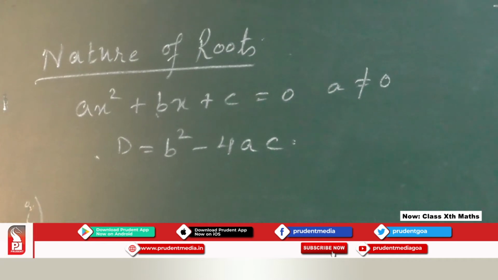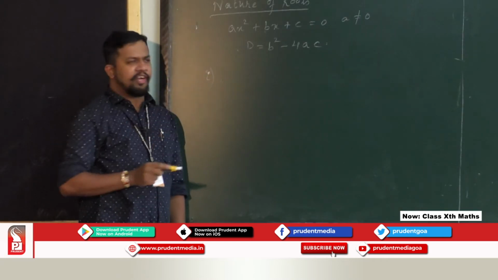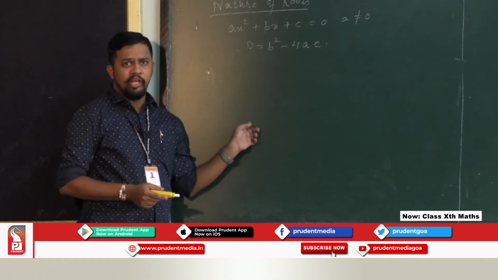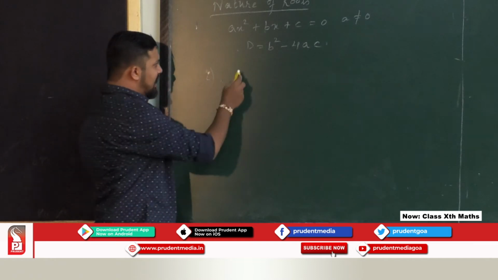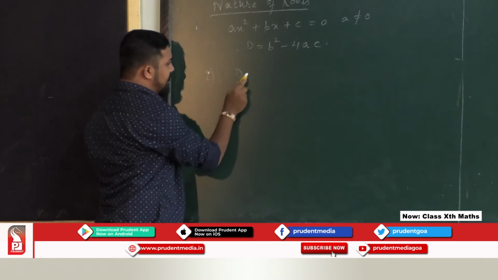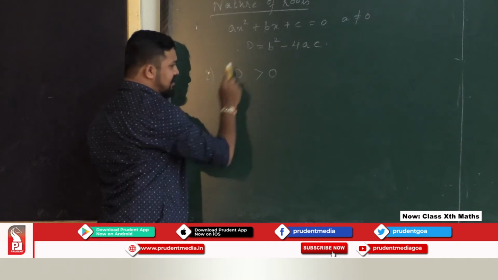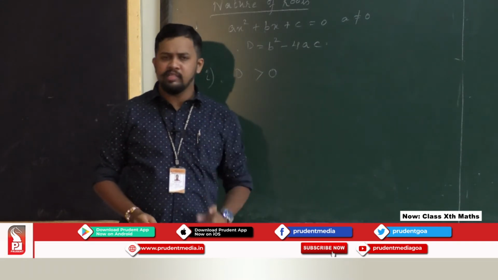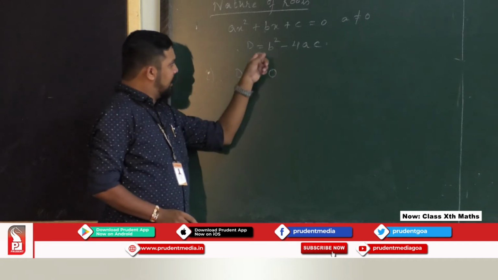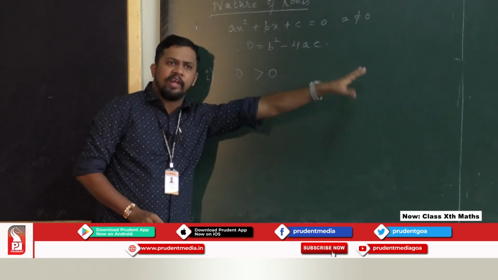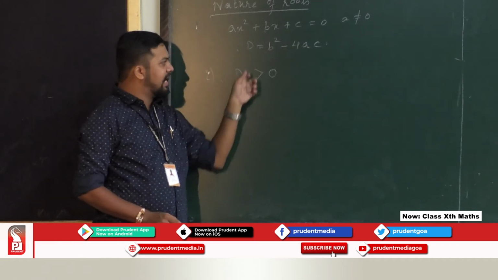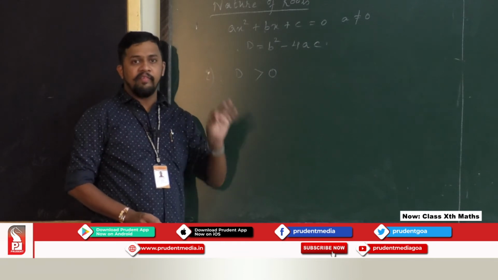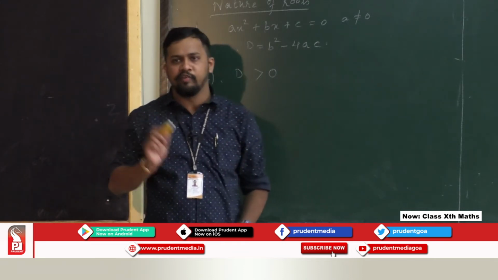Let's say, for example, I have given one quadratic equation, which you have seen in the earlier class. We found out the roots, and in that case, we got d greater than 0. In both the problems which I solved, d was greater than 0. Or I can even say b square minus 4ac is greater than 0. Instead of that, I can write d now, because you know what is d. D is discriminant. Discriminant will tell you the nature of this quadratic equation.